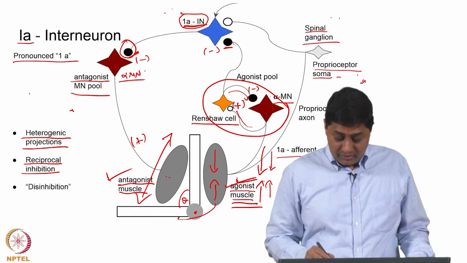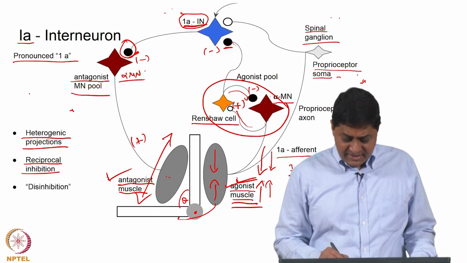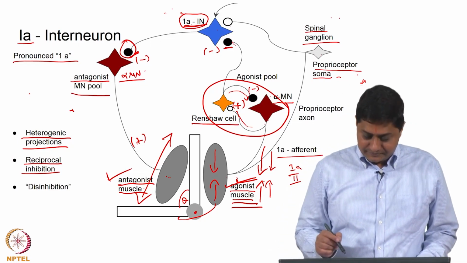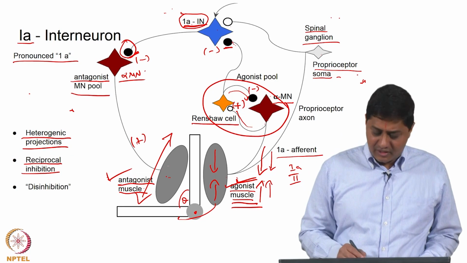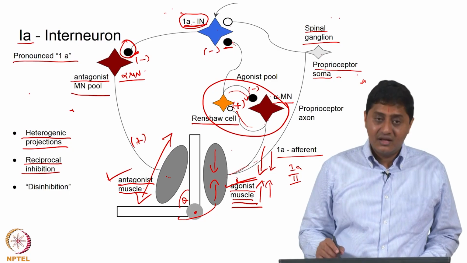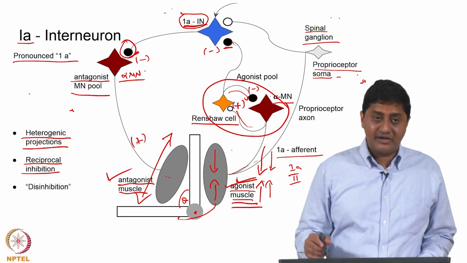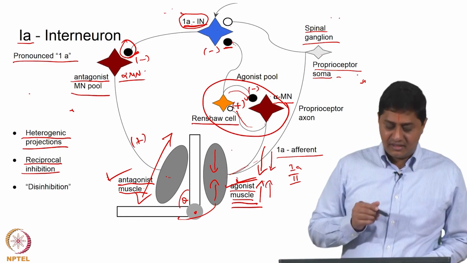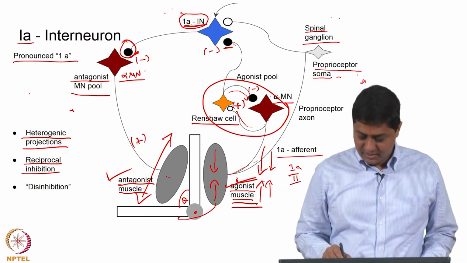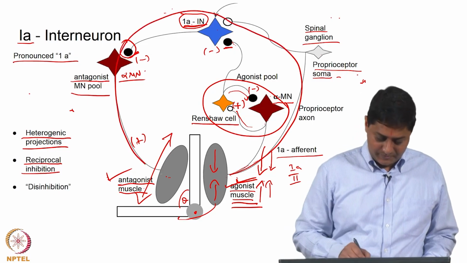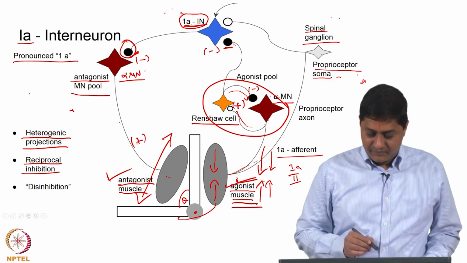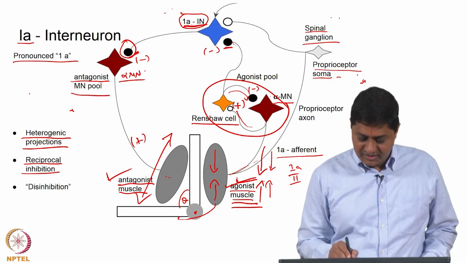Two, the antagonist muscle contracts, that causes a stretching of the agonist muscle, which inhibits the contraction of the antagonist through the 1A interneuron, that is that loop, is it not? That is the bigger loop. Then there is the loop that covers